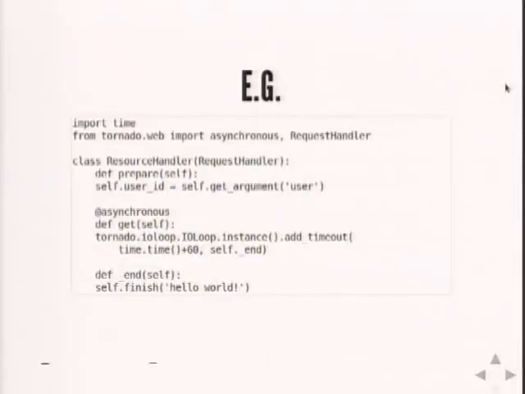So here we define it as asynchronous, and we do something with an add timeout. Another note is this I/O loop, which is how Tornado works, very similar to a lot of other asynchronous frameworks like Twisted or even in Gevent or Eventlet, where you have an I/O loop which basically is a continuous loop which goes round and round and looks for events like an incoming client request or even a callback that has been added to it or something of that nature. So on the I/O loop, we say add this timeout, which is basically a timed callback. It says time plus 60, call self.end,